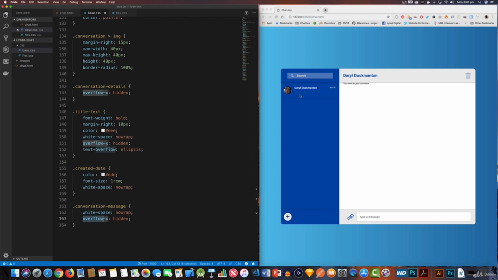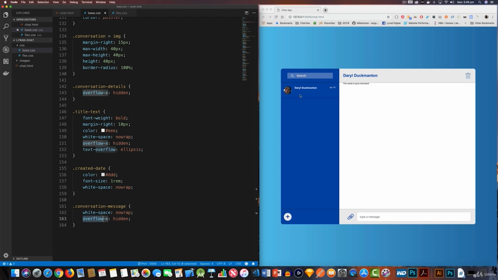The initial flex item, which is the conversation message, has a flex value of 0 0 0%. Normally that means go as minimal as possible to fit the contents inside of it. However, for whatever reason, when I use overflow X, it thinks that the height of the element is somehow 0